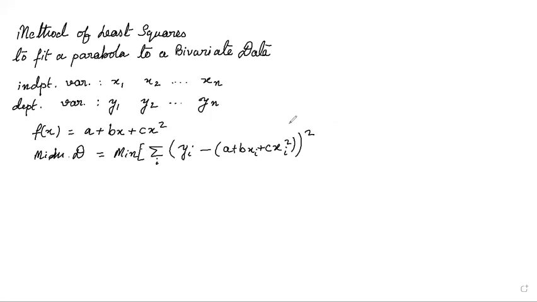Since the unknown quantities here are a, b, and c, we will differentiate first with respect to a. Equating del d by del a to 0, we get 2 times summation